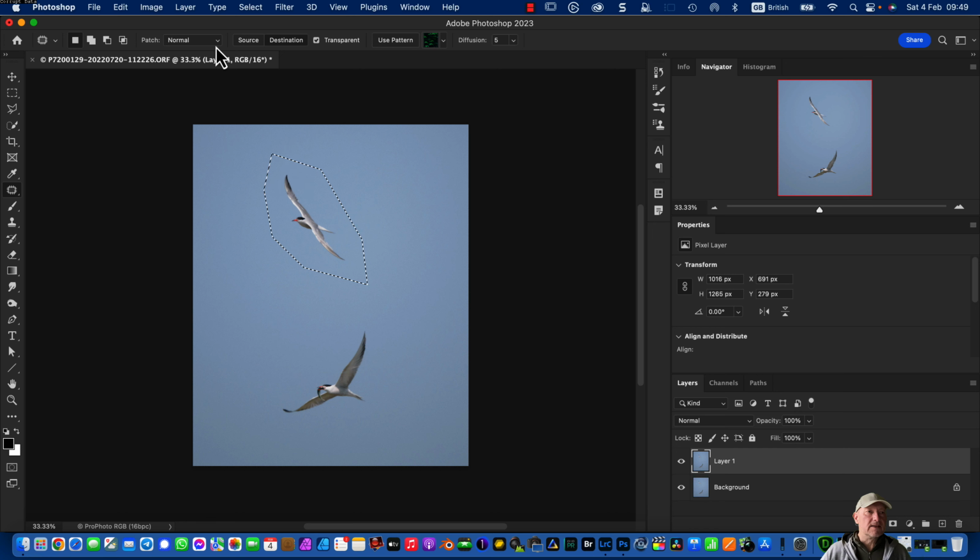So, next thing is you have to select the patch mode to normal. The source and destination, you have to set the destination, check the transparent, and I set the diffusion about 5 or 6. So then you can grab the bird and patch it, for example, to, yeah, let's say like so,